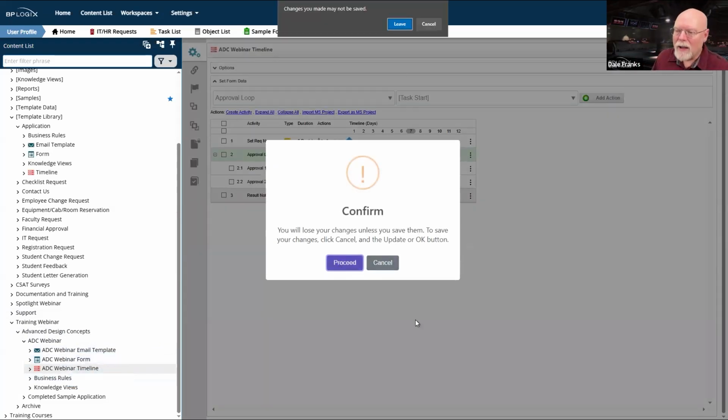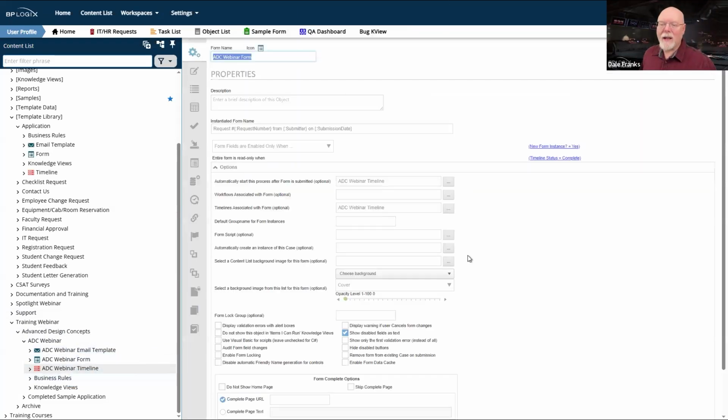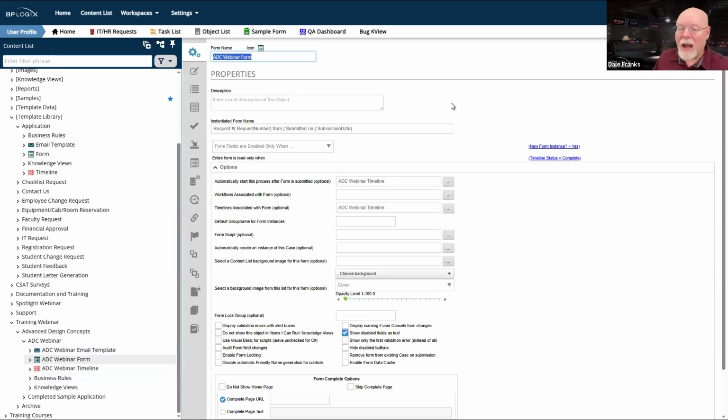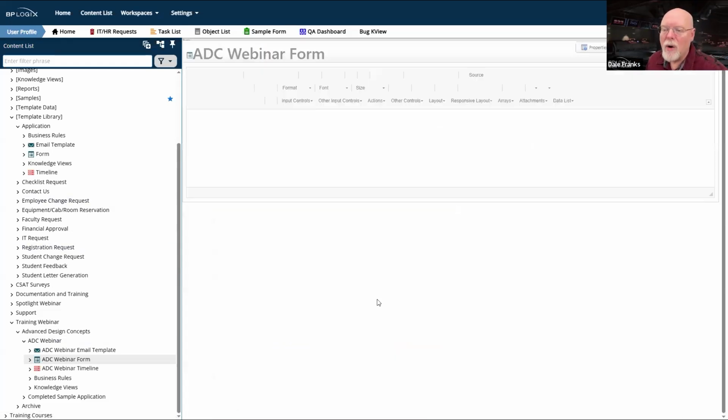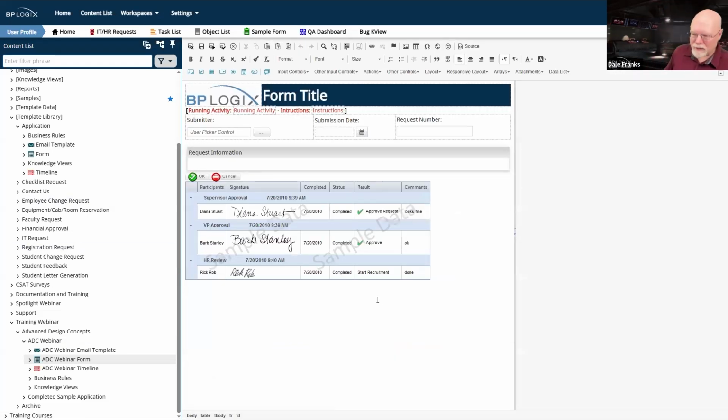So now let's shift gears and let's go to the form, and let's start looking specifically at the form and its design. There's nothing else we really need to worry about in the properties of the form. We need to go into the form itself. Now, again, I have a couple of best practices that are already thrown onto this form right from the beginning.